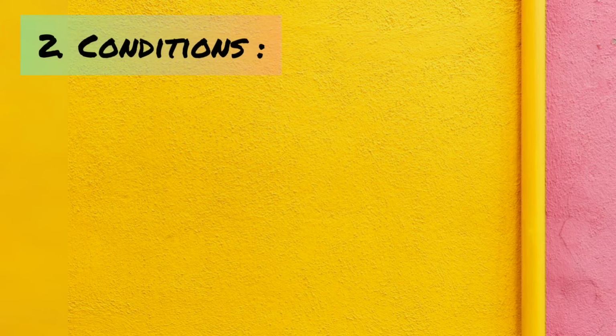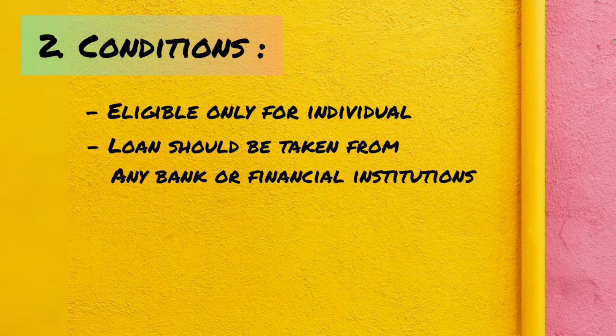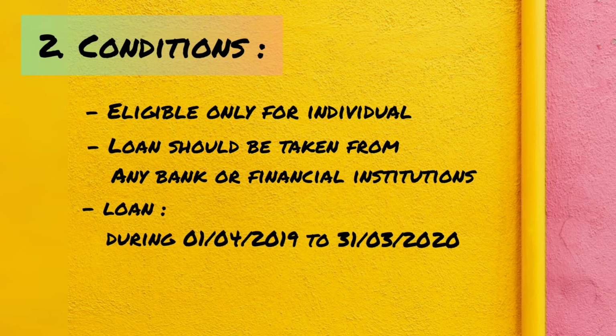So coming to the conditions, first condition talks about it is eligible only for the individual. That means if you are a company or AOP or any firm, you can't avail this deduction. Only individual can avail this deduction. See the next condition, loan should be taken from any bank or any financial institution. And see the third condition, loan should be taken during the period of 1/4/2019 to